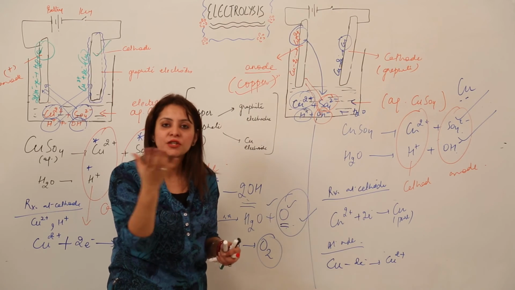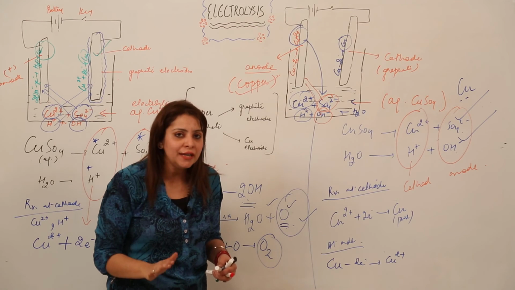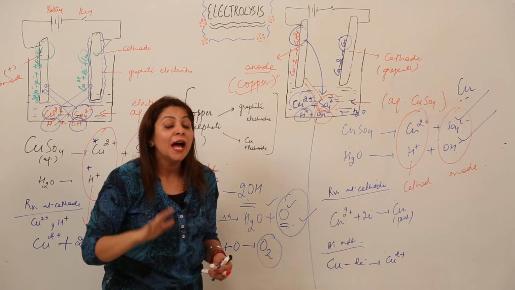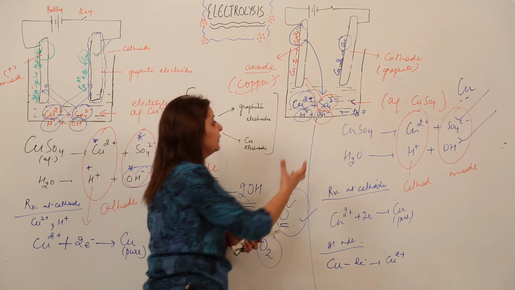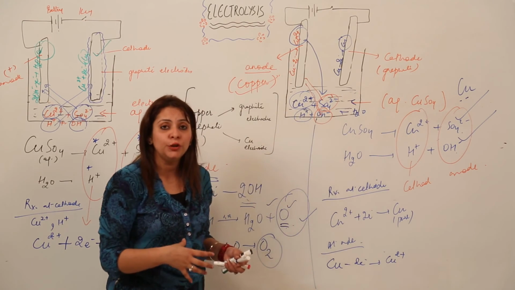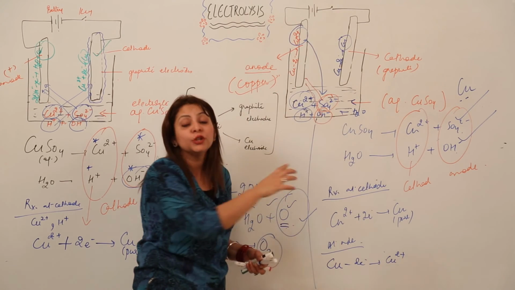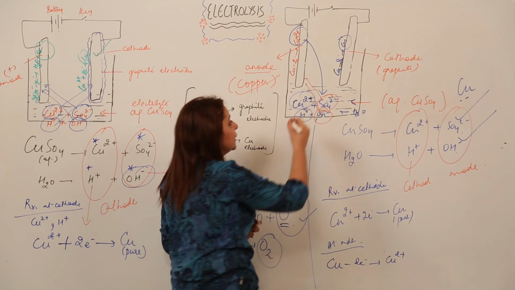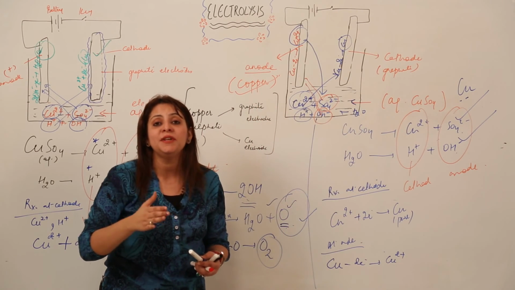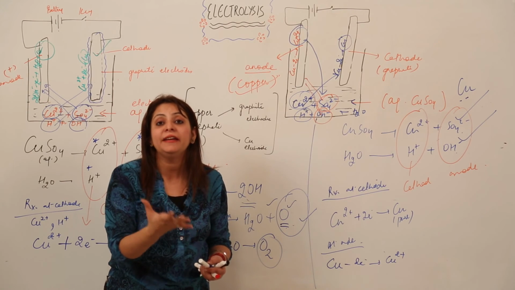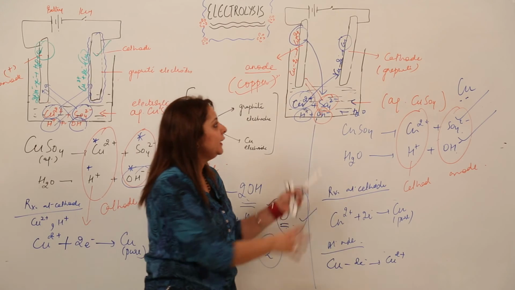These copper ions move into the solution, and we know that in the solution Cu2+ ions are already present. And what is the fate of those Cu2+ ions? The Cu2+ ions which were initially present in the solution, and also the ions which move from the anode to the solution, all of them migrate towards the cathode and get reduced, that means they gain electrons and form the coating of copper on the cathode.